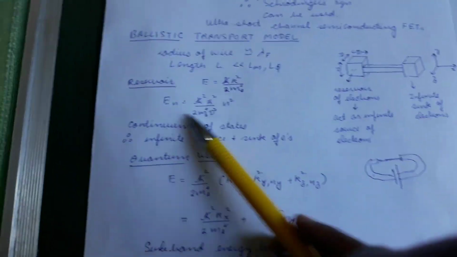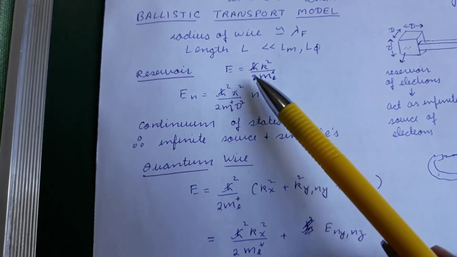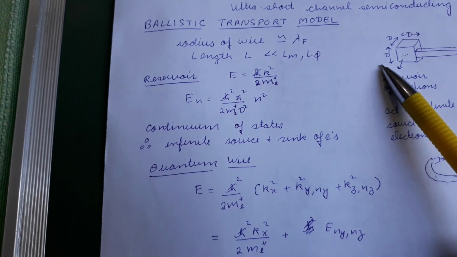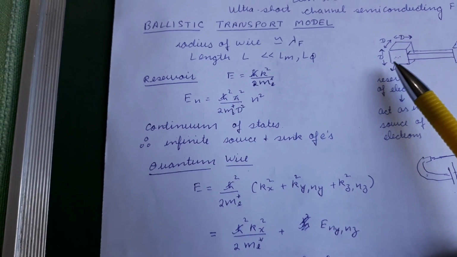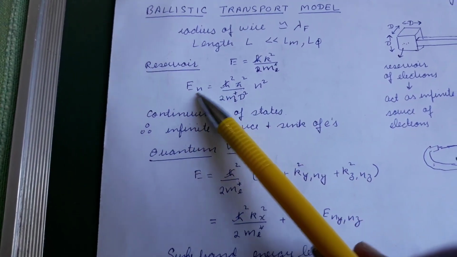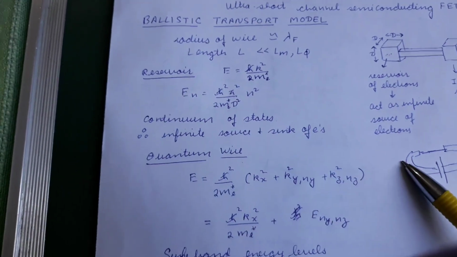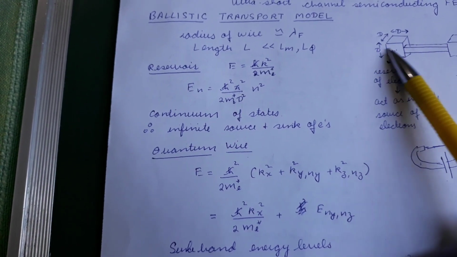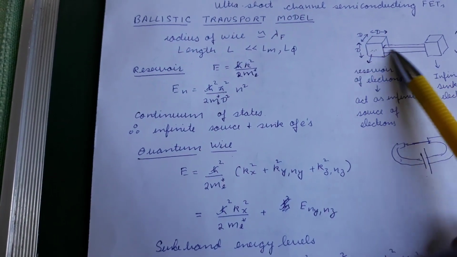For these reservoirs, it is also important to understand how the energy levels will be. We can use ħ²k²/2m* and consider these reservoirs as a particle in a well with large thickness, because their dimensions will be in millimeters or micrometers. If D is very large, the difference between energy levels will be very small, so it will be a continuum of states. It will act like a bulk material, with an infinite number of energy levels. So the source and the sink have a large number of energy levels, while the wire will have discrete energy levels.